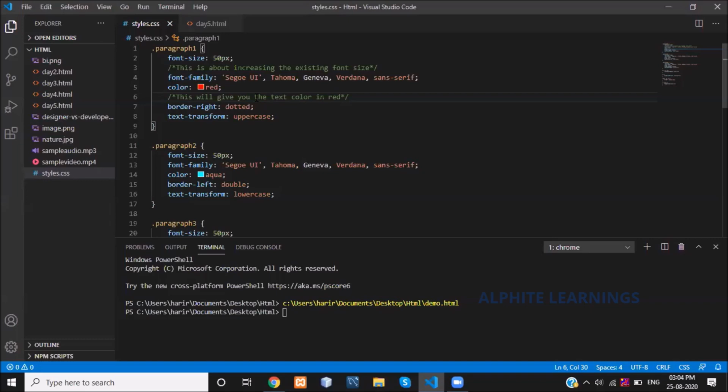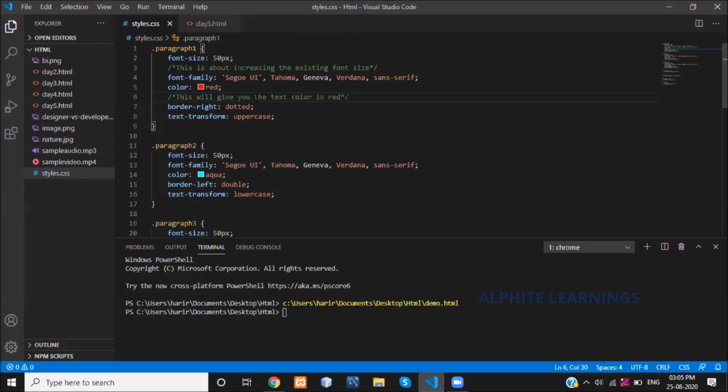HTML has a default font size, right? I am handling that font size using the style properties. So it just gives information about the property. That is all about the comment line. For that, just give a slash, the same slash we use for the closing tag, right? After that, a star or asterisk symbol, followed by the explanation or what you want to display there. What meaning you are going to mention there. That is all about inserting the comment.